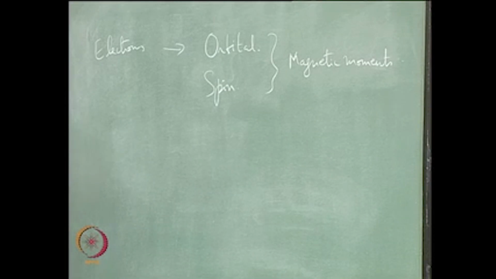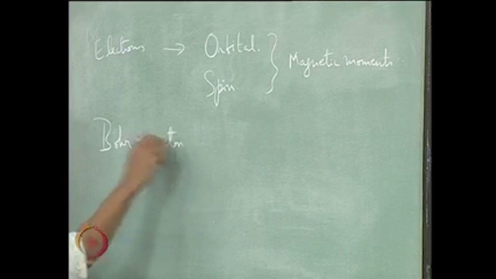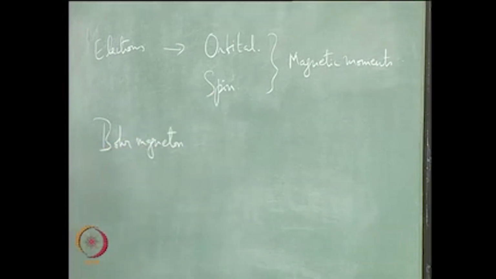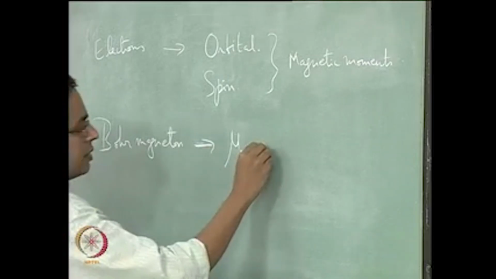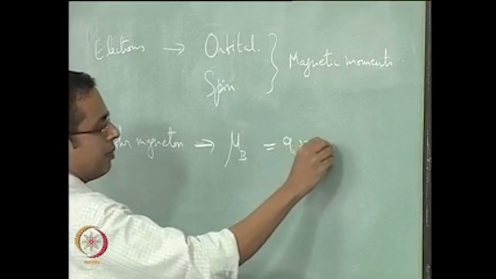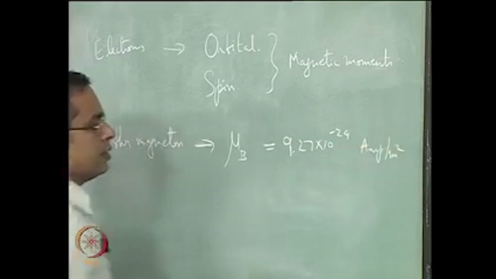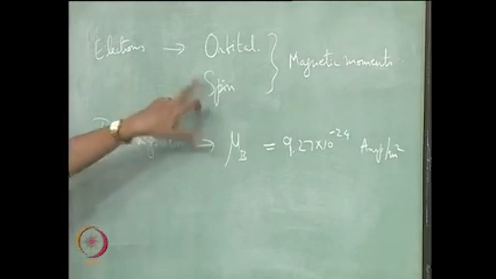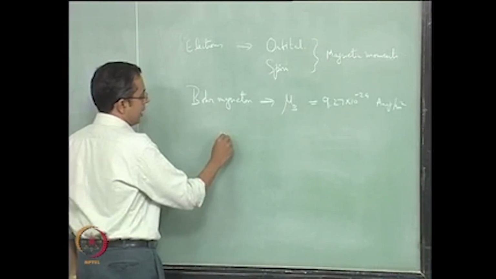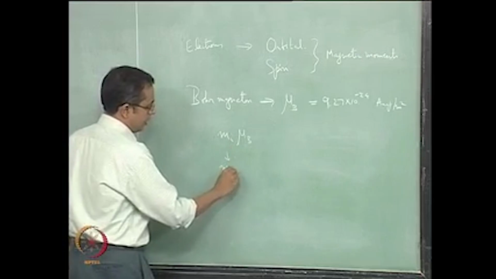Basically what we say is that we associate what is called a Bohr magneton as the most fundamental magnetic moment. It is associated with the spin of the electron, represented by mu b, and it is about 9.27 into 10 power minus 24 amperes per meter square. So that is the magnetic moment associated with the spin, and the orbital magnetic moment is typically m_l times mu b, where m_l is the magnetic quantum number